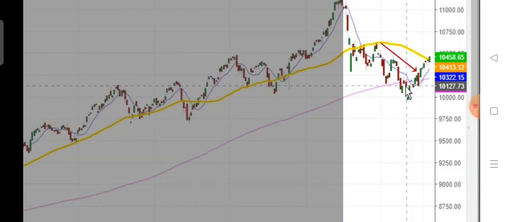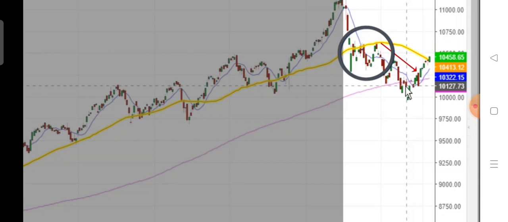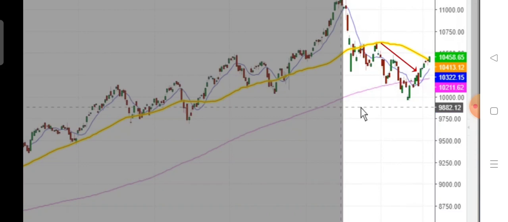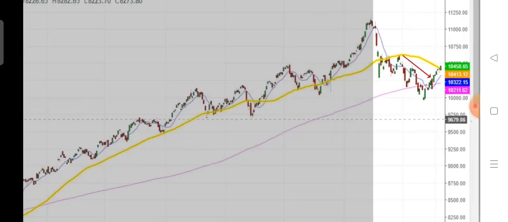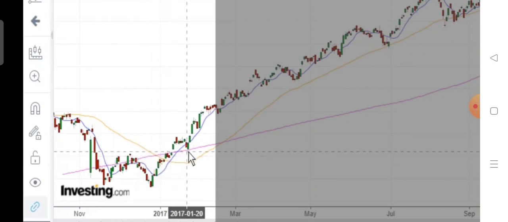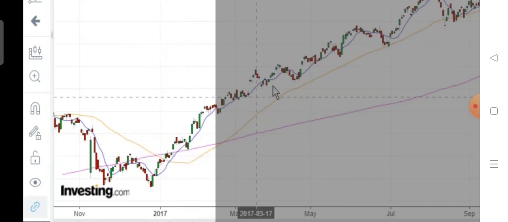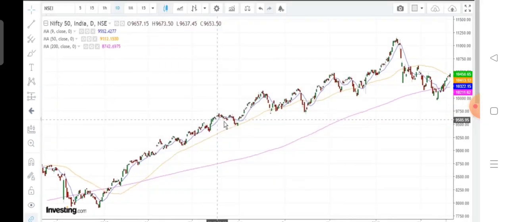So it is always important to look at the medium term moving average, and if the price is bouncing from that, there are good entry points for long or short trades in the direction of the earlier trade. If there is a break of a medium term moving average like the 34-day or 50-day moving average, then there is a possibility of taking a reverse trade. Like in this case, the possibility of taking downward trades. In this case, as the moving average was held on the upside, then broken, and the price was closing above this moving average, there was a possibility of taking a trade in the long direction.